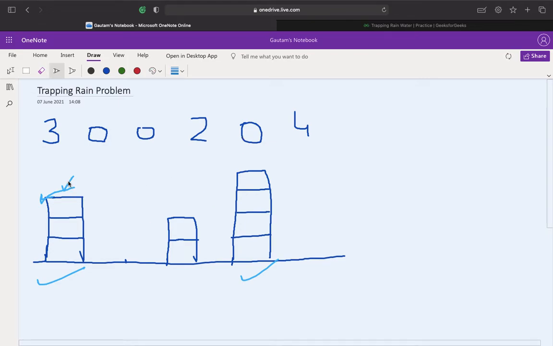So for the corner blocks, the water will always overflow, it can't be trapped. So we need to check for the middle bars, not for the corner bars, because corner bars cannot contain water, right? So how will we be solving this?